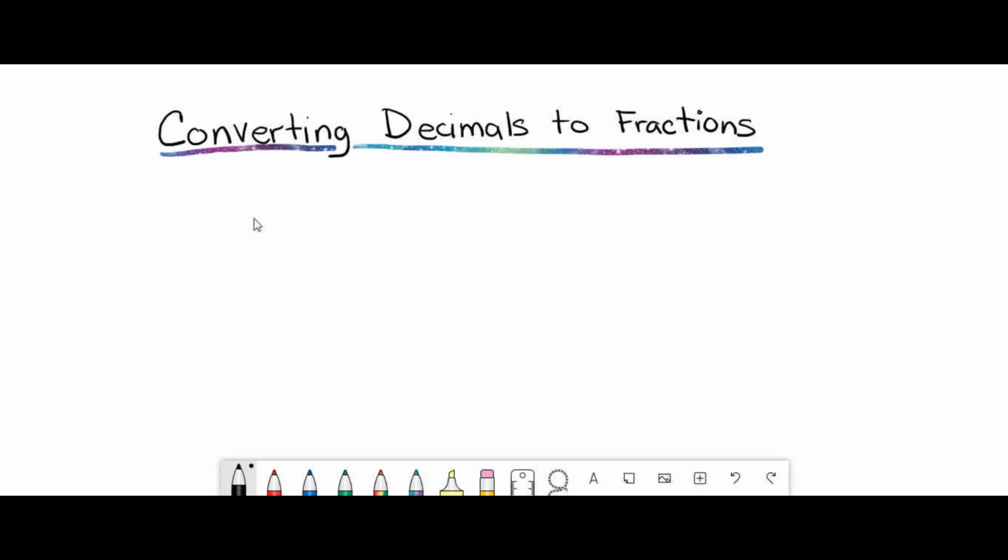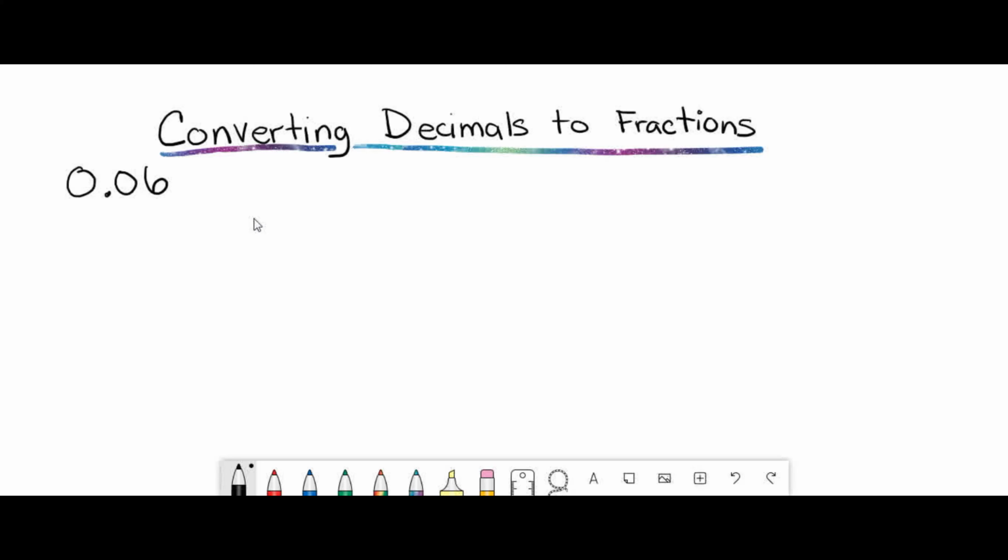Hi guys, today I'm going to show you how to convert decimals to fractions. So first we're going to start with our decimal, and our decimal is 0.06. Okay, the first step is going to be that we're going to use place value of the decimal to